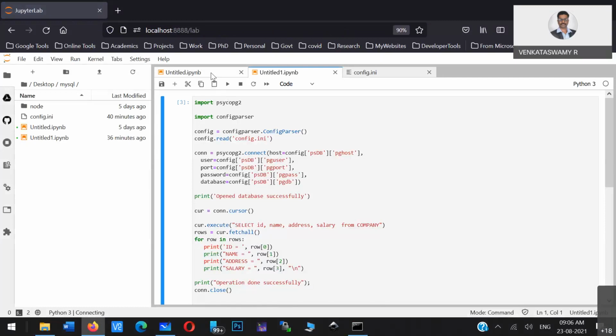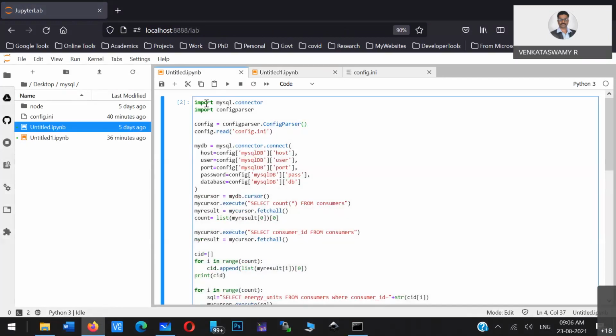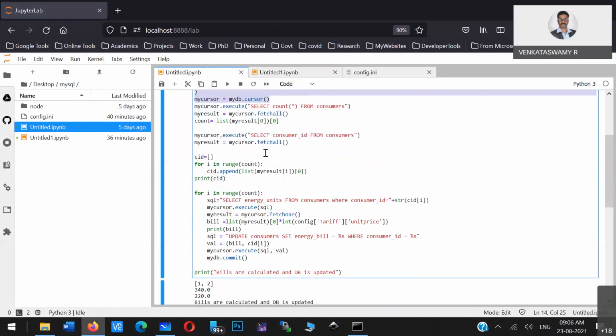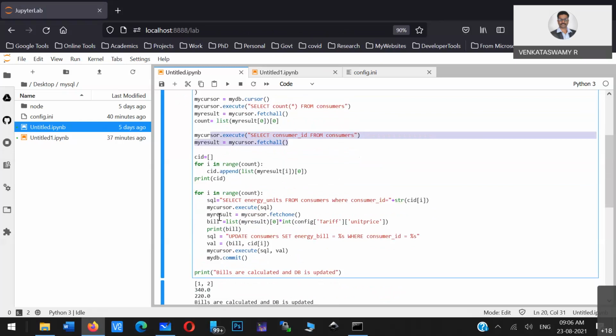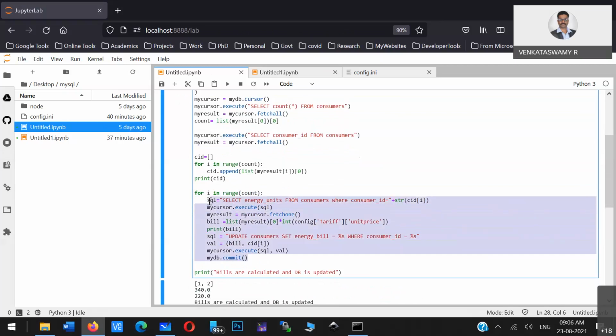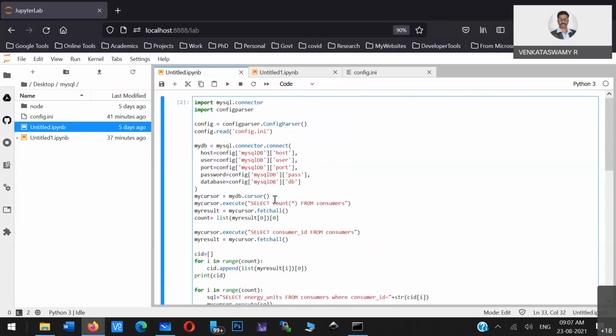That program connects to the MySQL database, extracts the number of consumers, iterates that many times, calculates the bill amount, and then updates the database. There is one column, the energy bill column, and we have updated that column. That is the program we have written.